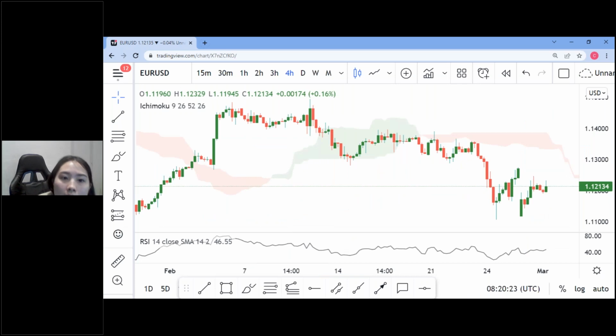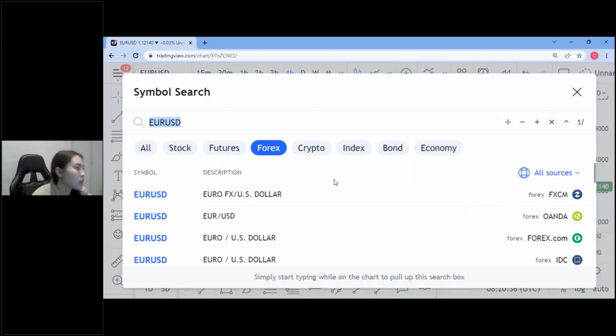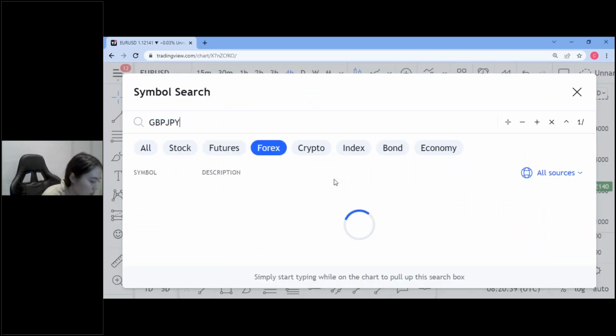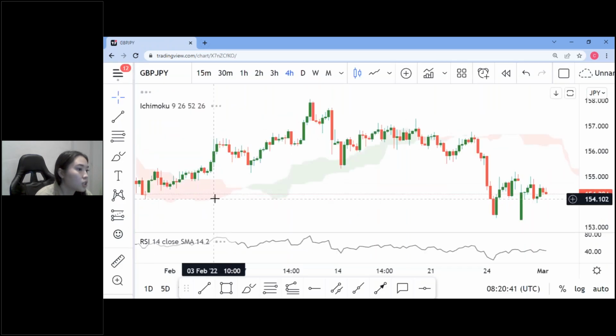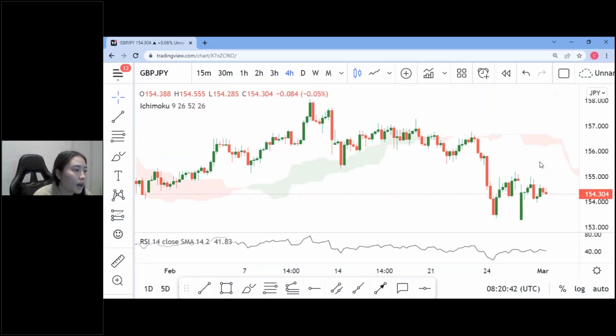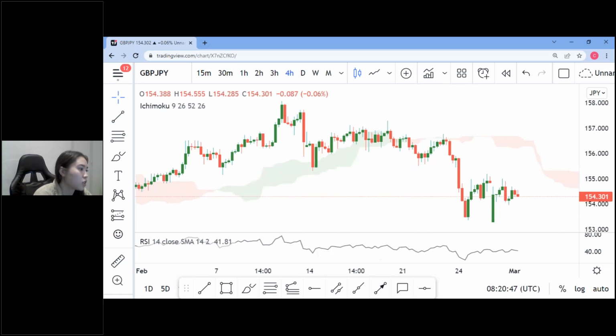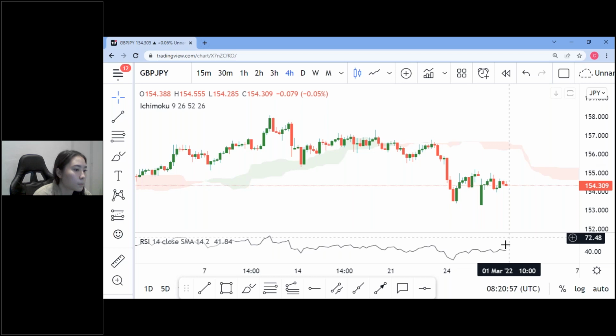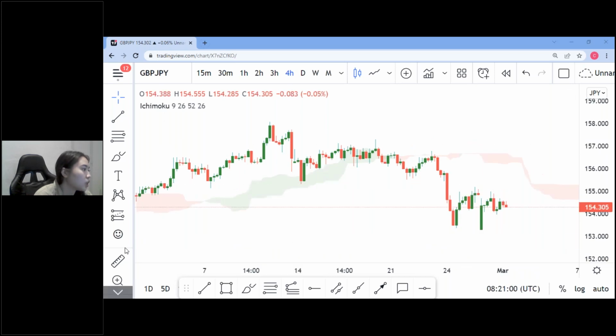Okay, nice. I do remember someone saying that there was a particular pair that they were focusing on, so we can try to analyze that together. It was Kaylee. Kaylee was talking about gold and GBP JPY. So we can look at GBP JPY and gold in a while. We're gonna try to identify Fibonacci retracement on the charts. Let's get rid of everything so that the chart is clearer.